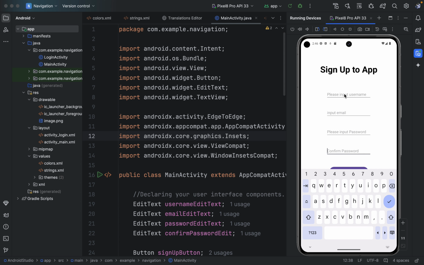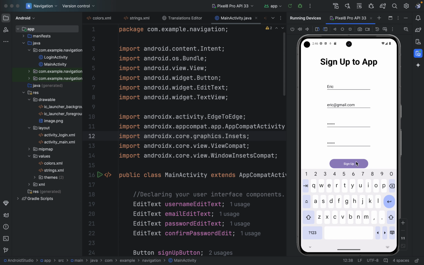This is the app running itself, where you can input something maybe like your name. You can input your email, .com, and then you input your password, something like 123456. You confirm the password 123456, and after doing that,